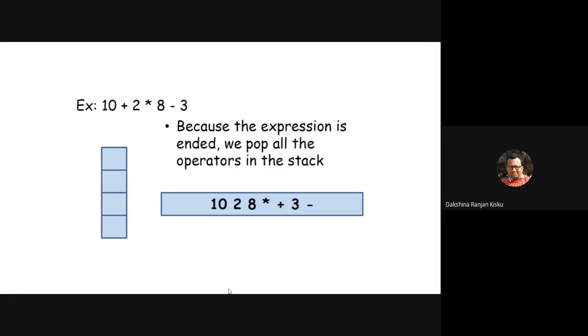Then we pop all the remaining operators from the stack and write them after the operand 3. Only one operator was found in the stack, the subtraction operator, so after popping it, it is written after operand 3.